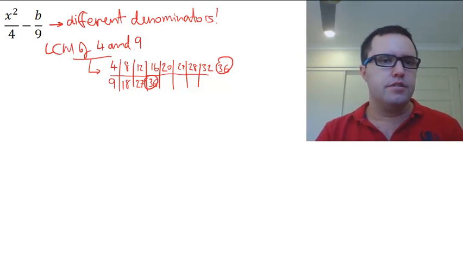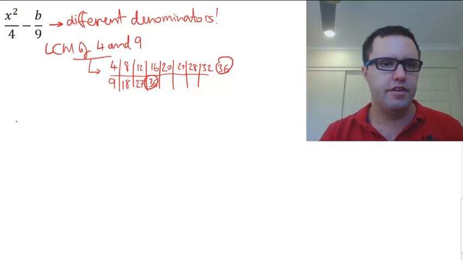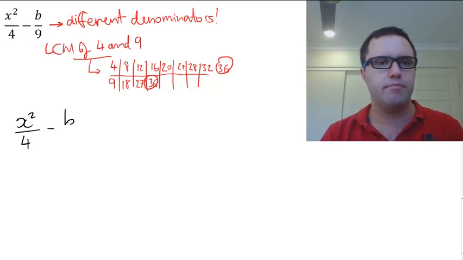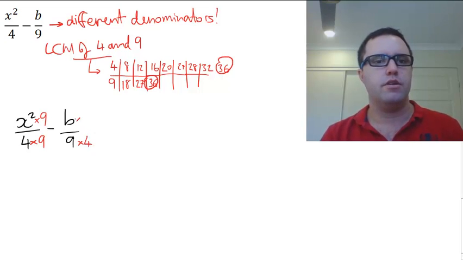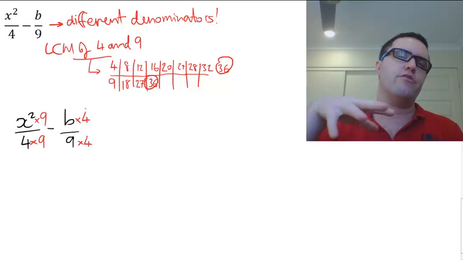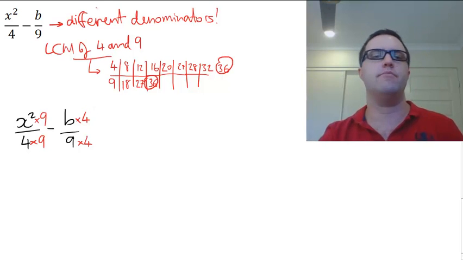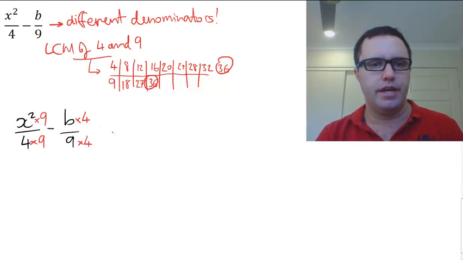Okay, so we have x squared over 4, take b over 9, and we're going to multiply this by 9, multiply this by 9, we're going to multiply this by 4, multiply this by 4, because remember, we're trying to create equivalent fractions with the same denominator, and we will end up with 9x squared take 4b